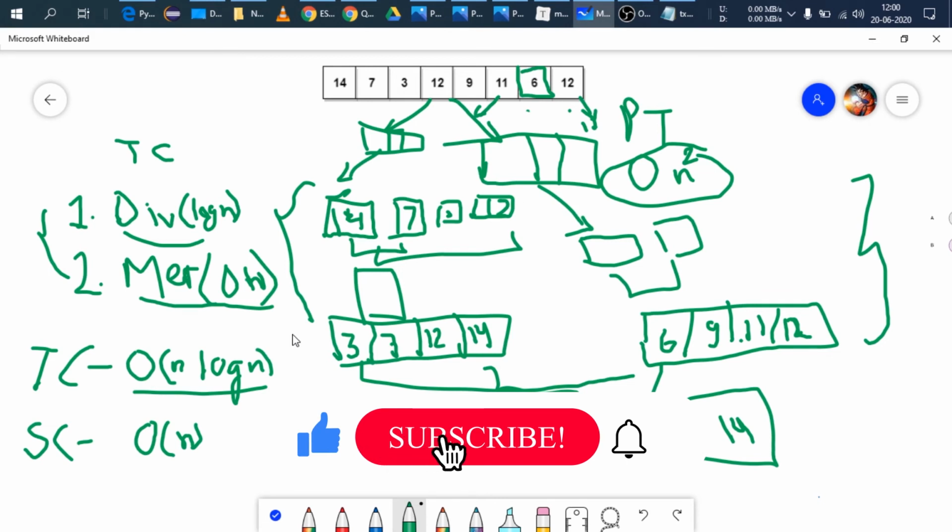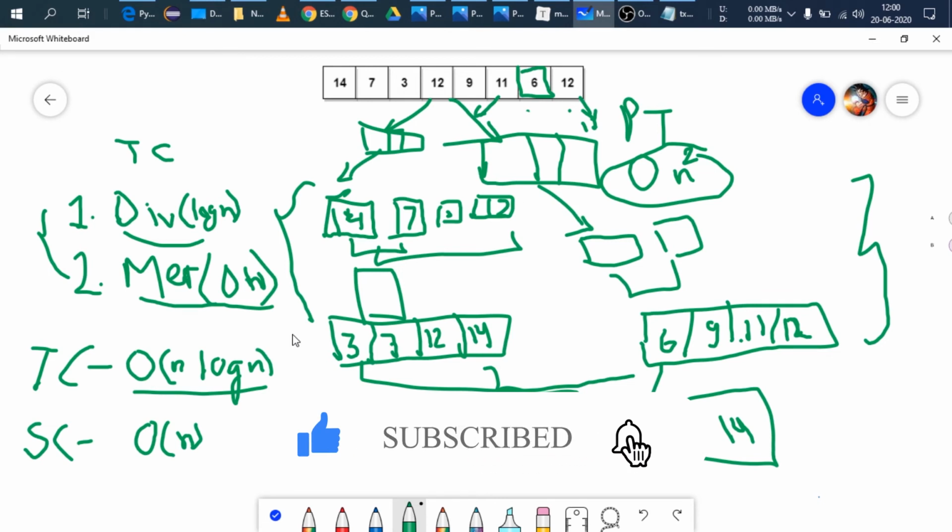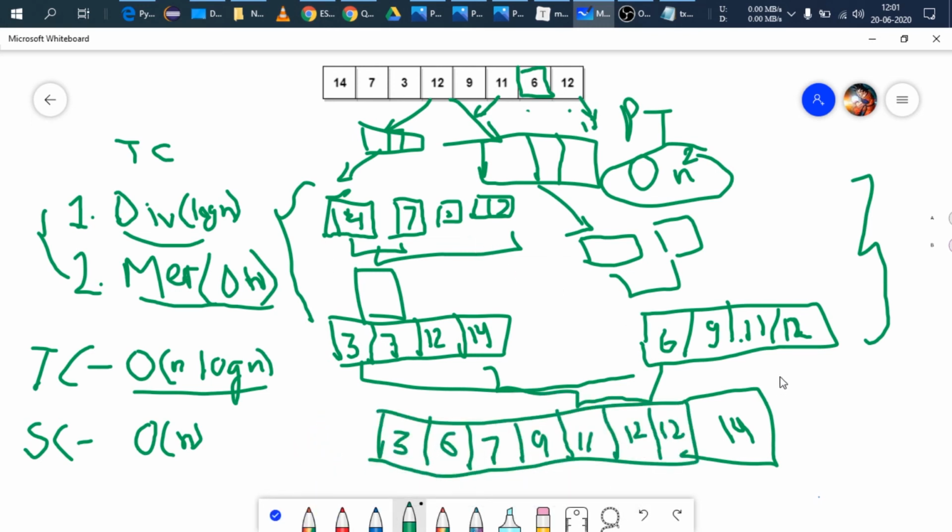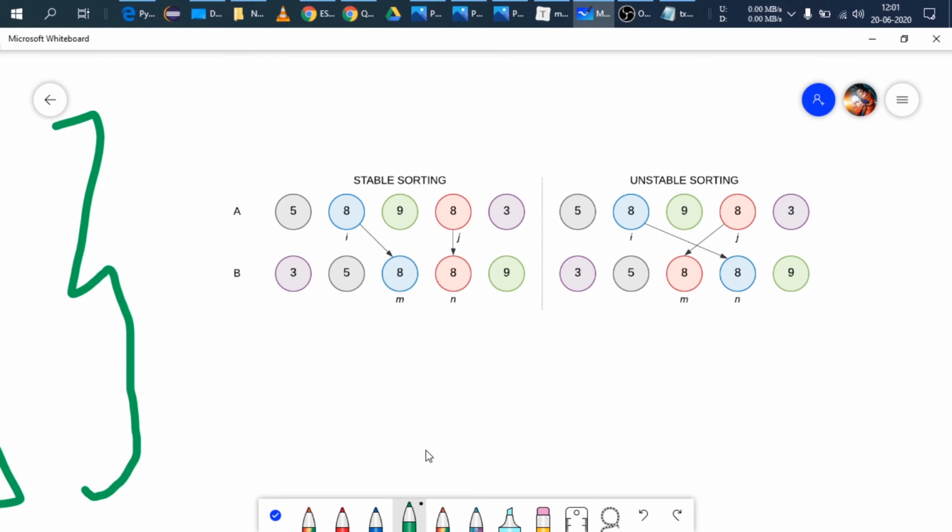Another con of quicksort is it is an unstable sorting technique, whereas merge sort is a stable sorting technique. So what do we mean by unstable and stable sorting technique? It means that the order in which the elements appear in the original unsorted array must be maintained, because